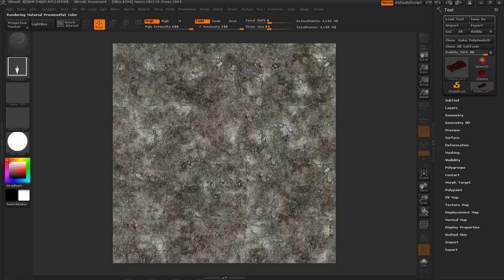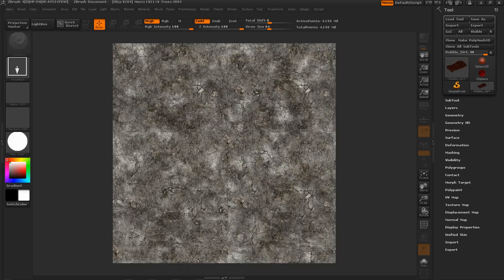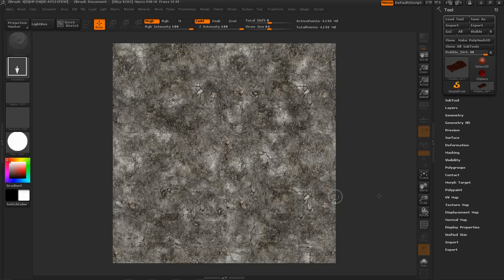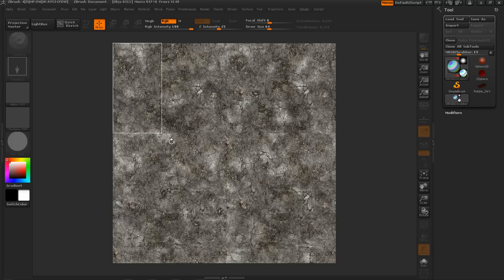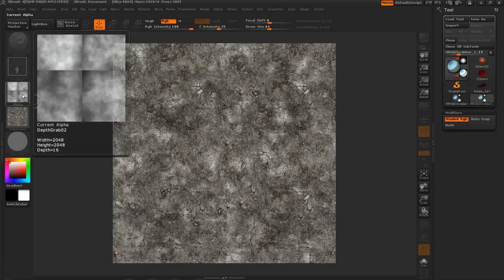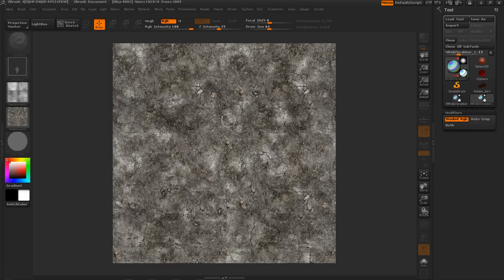The way to tile a mesh in ZBrush is to hold down the tilde key, or the at key if you're on a UK keyboard. Now if you drop the mesh to the canvas and then go to the MRGBZ grabber and drag an outline, making sure auto crop's off, as you can see here there's a massive seam in the middle, so we need to get rid of that seam